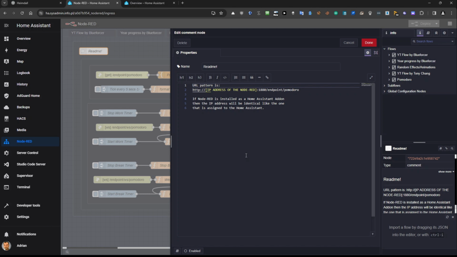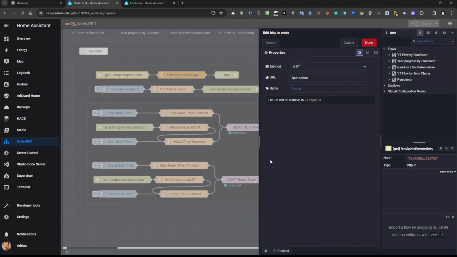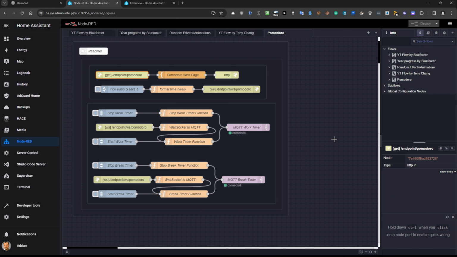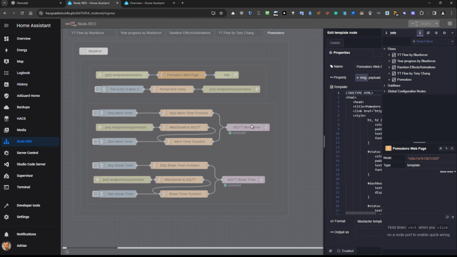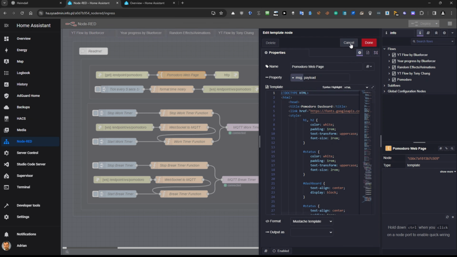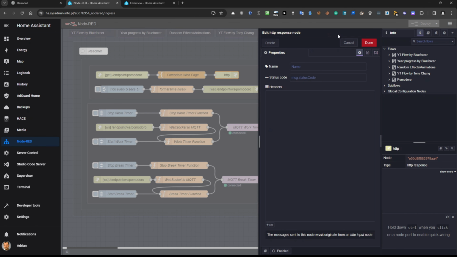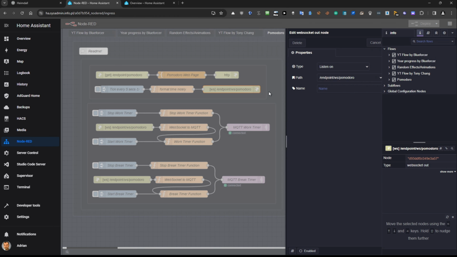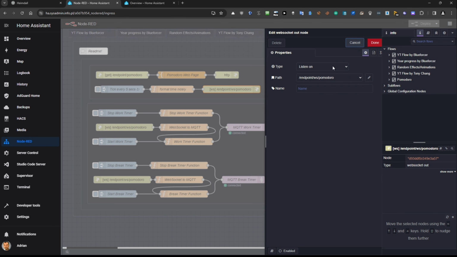/endpoint/Pomodoro, and this Pomodoro, the end of this URL, is defined here in this get node, and if you change it here, you will need to change it everywhere because it is working this way. So you will have to change it in the Pomodoro web page, also in this HTTP listener. Also here I'm talking about this endpoint, so here